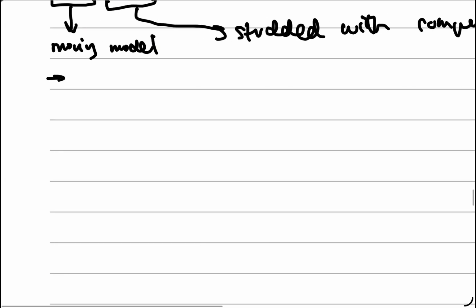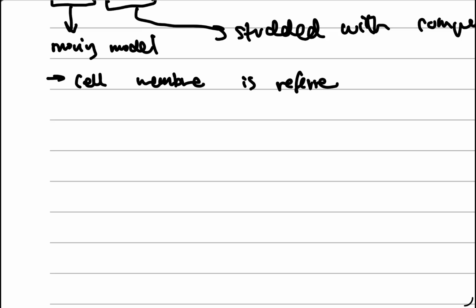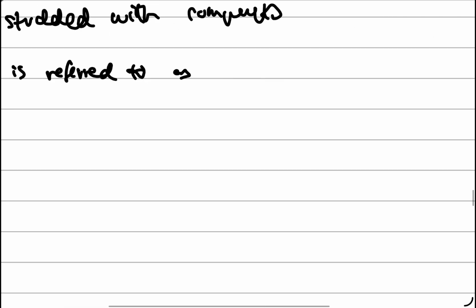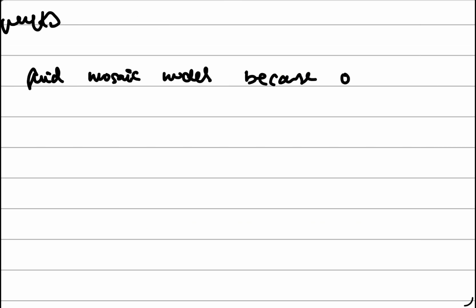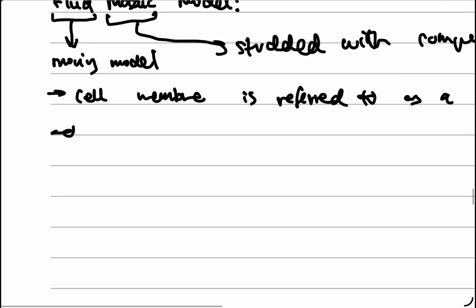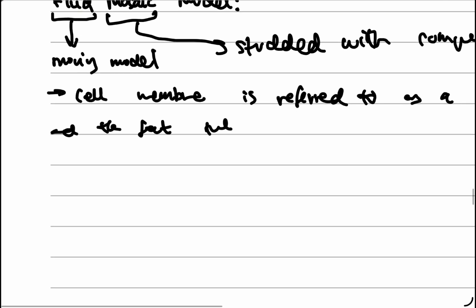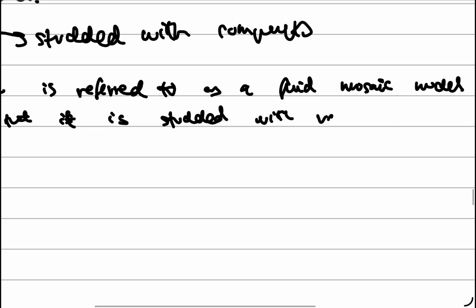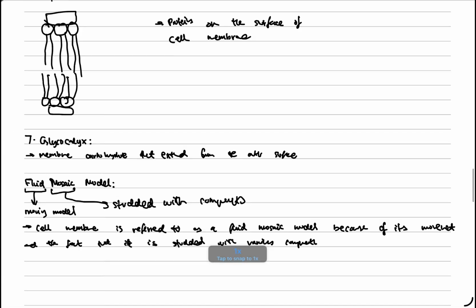Let's just say that the cell membrane is referred to as the fluid mosaic model because of its movement and the fact that it is studded with various components. Now, you can obviously mention them as an example, the components and things, but I'm just going to